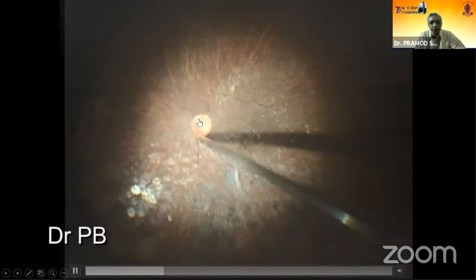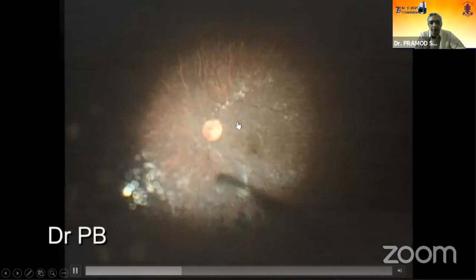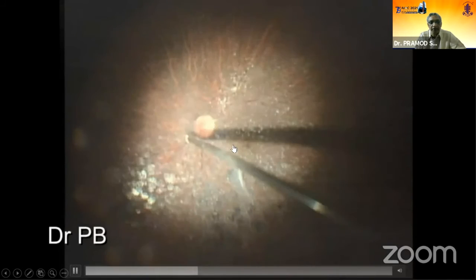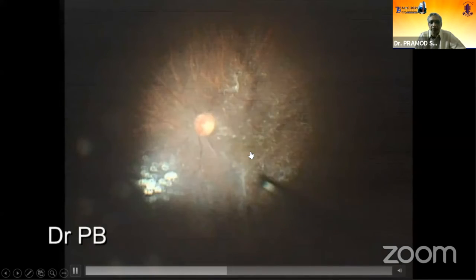But what happens when you induce this PVD? Try to avoid inducing it on the temporal side or macular side, because there is significant tug. And when you get here, this case just started coming up on its own before I realized it was separated here on the macula also, and this prolif also came up easily. And then it becomes very easy to remove this.